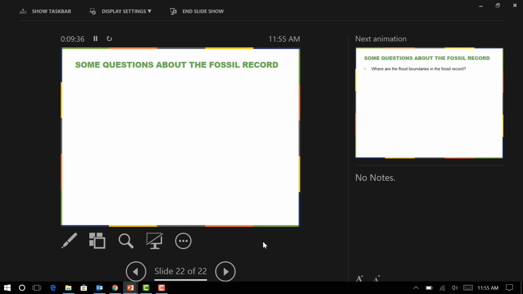So our first question: where are the flood boundaries in the fossil record? The reason we're going to treat this one together is I want to walk you through the most common way of interpreting the fossil record in the context of a global flood, and then some variations on that theme. If you remember back to our geological time scale,